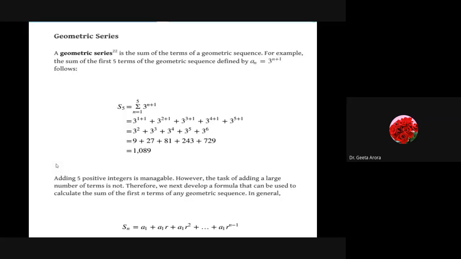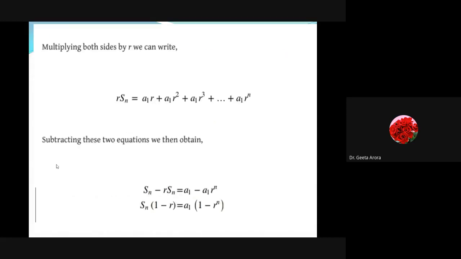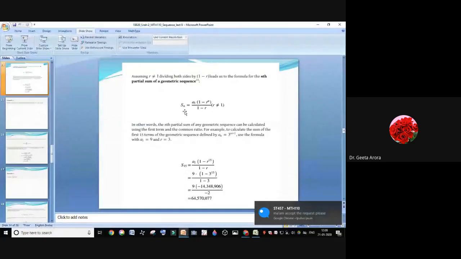In the series, we learned that we have to find the sum. In the arithmetic series, the sum is given by n by 2 times a1 plus an, if we have to find the nth partial sum. Similarly, for the geometric sequence, the partial sum is given by Sn is equal to a1 times 1 minus r to the n, divided by 1 minus r. And as we discussed, when it is an infinite sequence, we get a1 by 1 minus r. This is what we have learned.